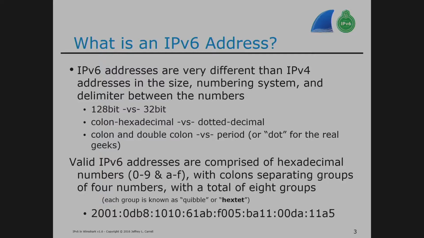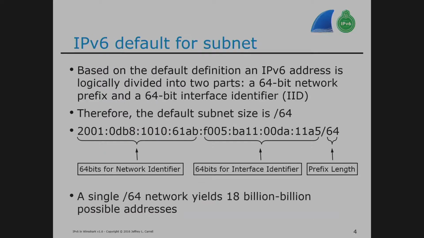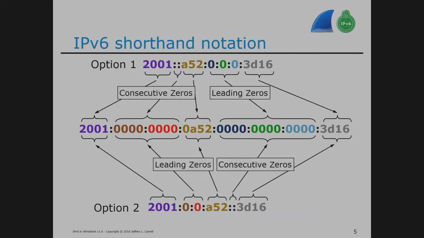Some of the things to be thinking about as you're playing and looking at V6 and dealing with the addressing structure. The shorthand notation is really interesting, and I can't find any rhyme or reason. It doesn't have to be done, but the best practice is alpha should be in lowercase, but it's not always. One particular router vendor displays it in uppercase, at least up through 15.0 code. I don't know anything newer than that. But it's okay. It's not illegal. It's just not what everybody else does. So we have to look at those things.